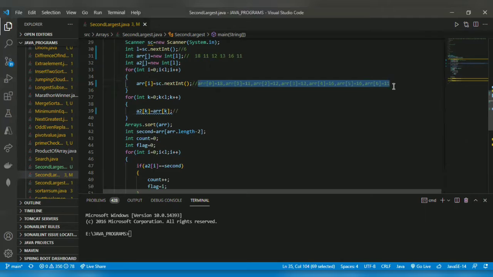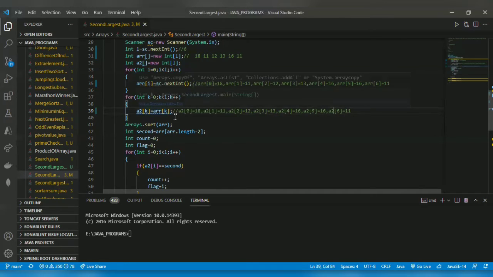The same will get stored in the second array, but only the name will change. For k equal to 0, a2[0] equals arr[0], which is 18.